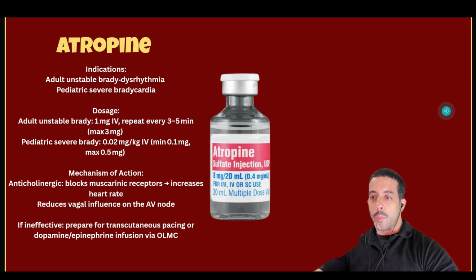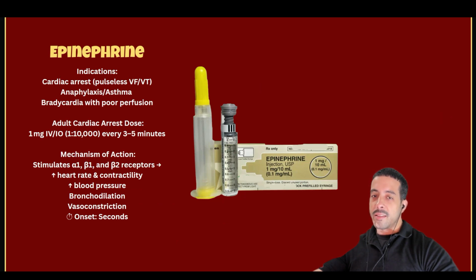Now, when we talk about epinephrine, this is the hero of cardiac meds. Why? Epinephrine is given to so many different issues within our body because it's basically adrenaline. You give it for cardiac arrest every 3 to 5 minutes. You give it for people suffering from anaphylaxis or asthma because it stimulates the beta-2 receptors. You give it to people via IV drip in bradycardia because it stimulates beta-1 receptors. So if you're trying to figure out why epinephrine is given in so many different cases, it's because of the receptors